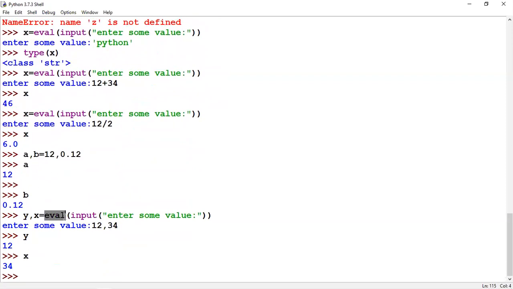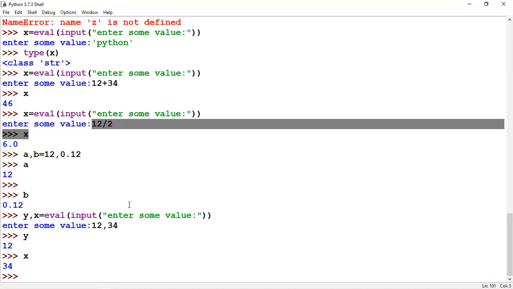Even eval will understand comma. What is comma here? It is used to separate this and this, separating two things. So like this, eval even understands comma. So this is what eval is: getting multiple inputs or giving some arithmetic expression. This is all known as eval.